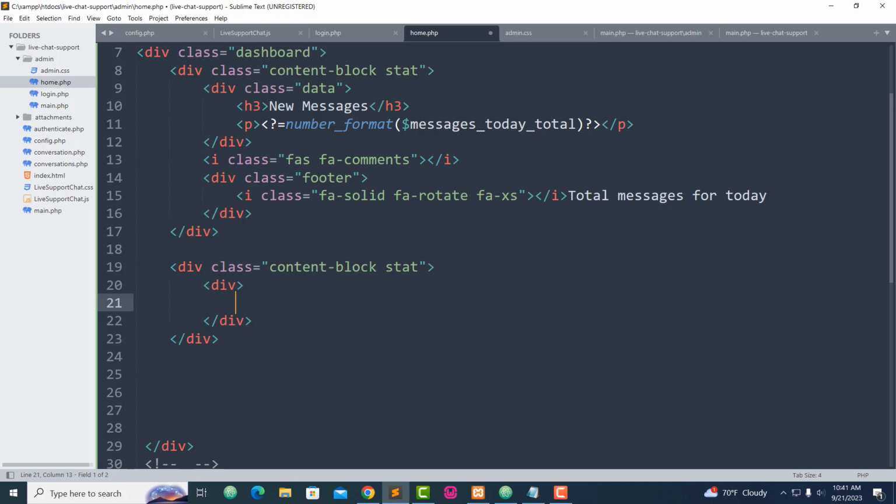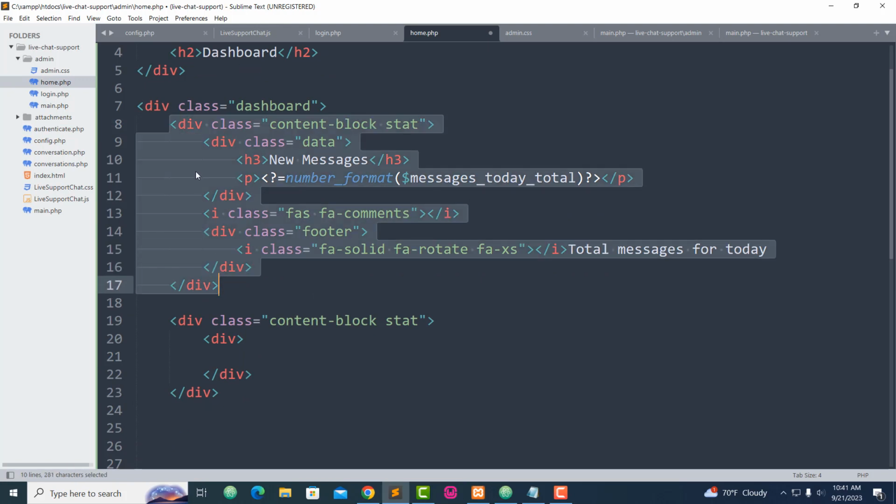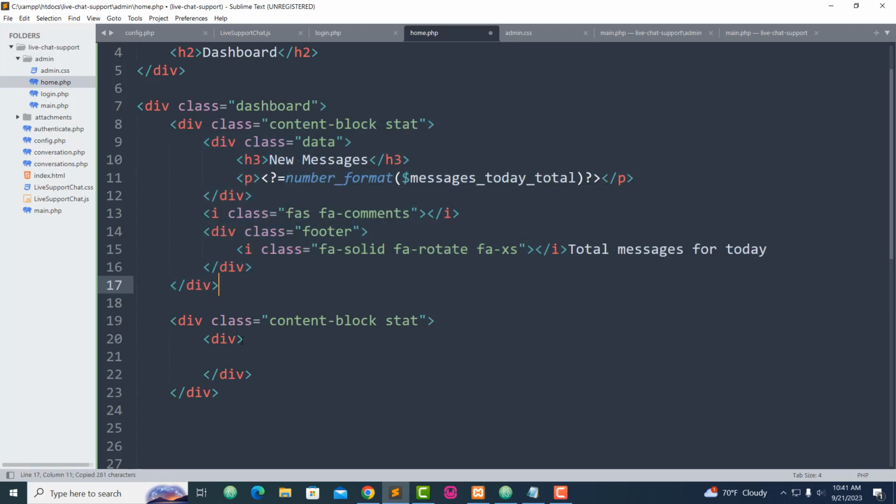You can do a copy and paste here. Let's do a copy and paste to save some time, and then after that we can make some changes. We got the first block, content block starts right here, and I'm going to copy this,